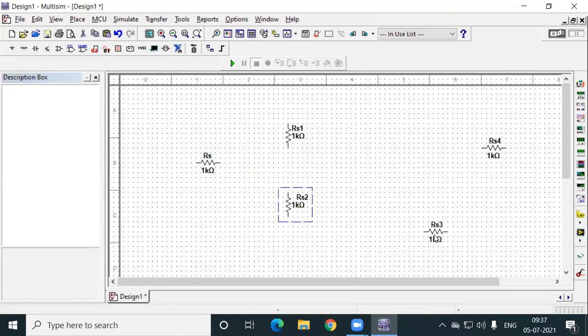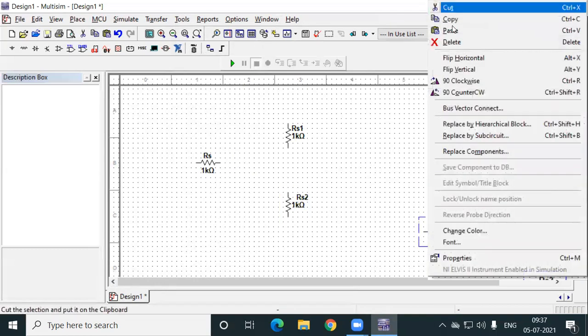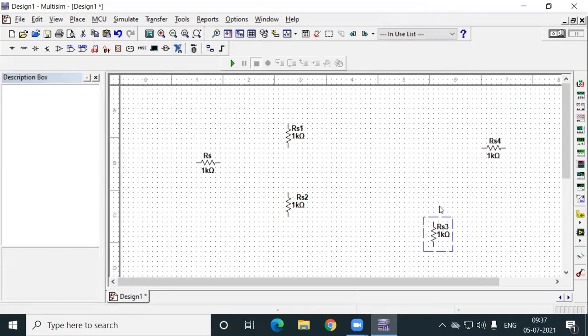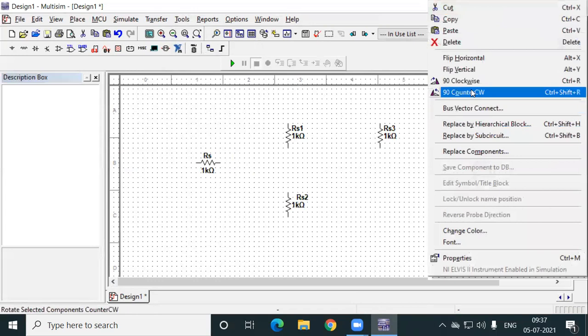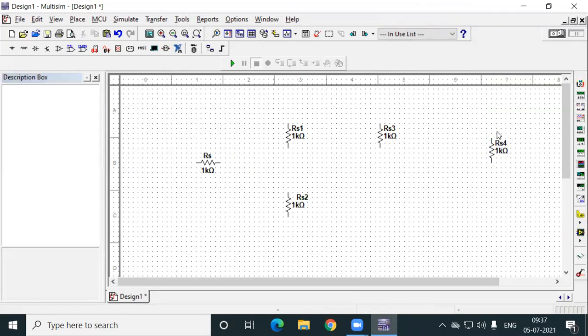Underneath this. Now I am changing the direction of this one also because I want this as my RC. So now I will drag this and I have placed it here. Now this is my RC. This also will be vertical. Therefore, I again click the 90 degrees clockwise. Now I have changed this one. Yes. Now I have finished with the resistances.